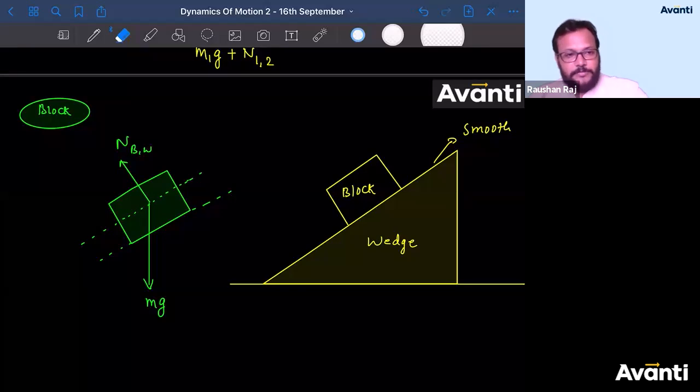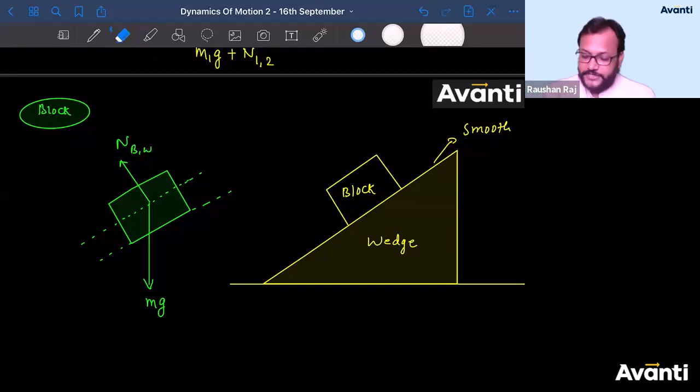Tanishk, I tried to unmute you, but I think you don't want to ask your doubt. Your screen is frozen. Guys, does anyone else have any other doubt in this one? Tanishk, I think you have been unmuted. You can speak. Can you hear me? Please speak. Okay, your voice is coming. Tell me.